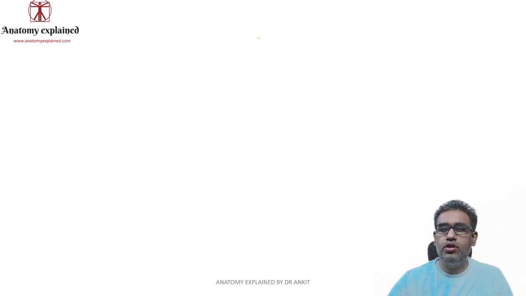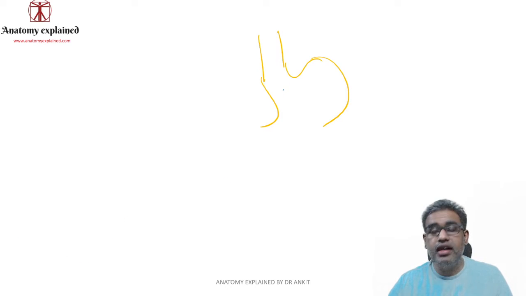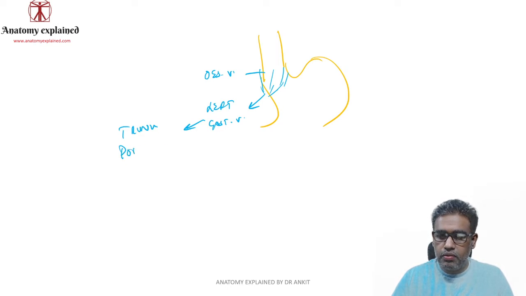So let us draw the lower end of the esophagus over here, and this will be the lesser curvature, that would be the fundus part, and the greater curvature. Now as we have already done in the hepatic portal anatomy, at the lower end of the esophagus there are a lot of esophageal veins, which are actually tributaries of the left gastric vein. These are your esophageal veins, and this left gastric vein normally drains into the trunk of the portal vein. Okay, now this is the lower end of the esophagus.